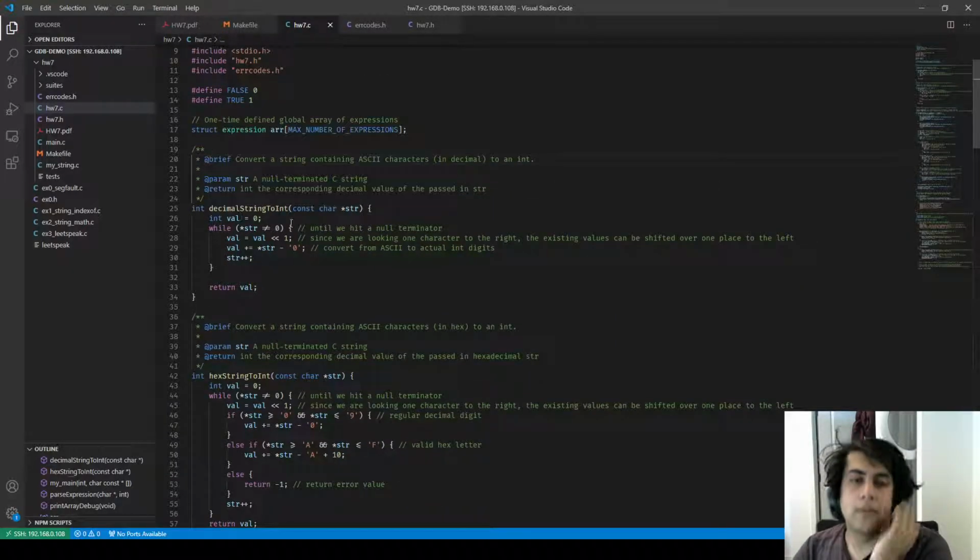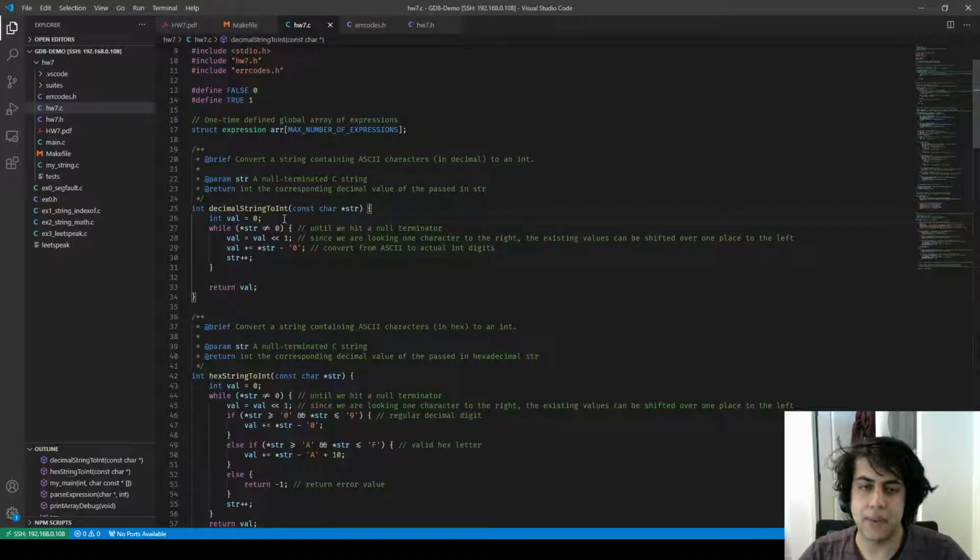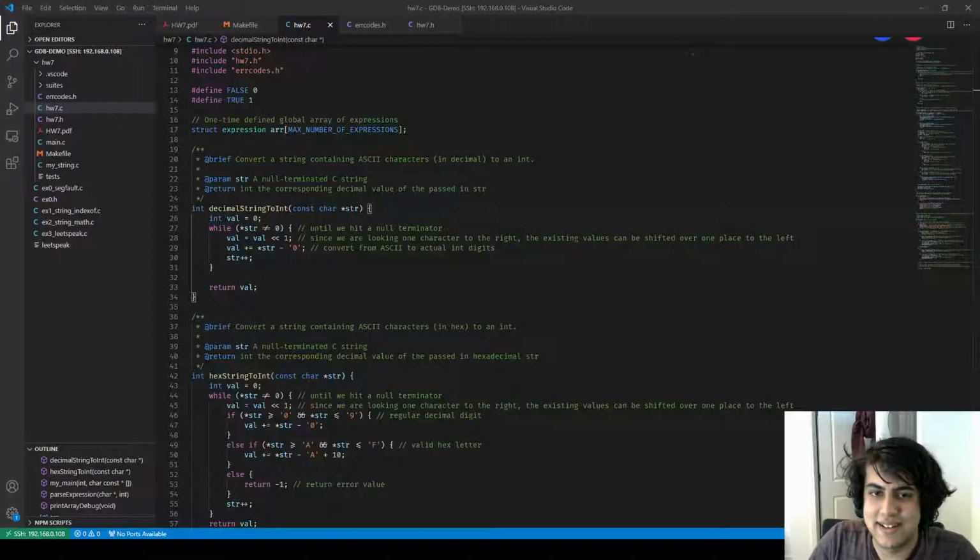So the way this works is that I go left to right through the string. Sorry, I'm gonna figure out my workspace here. Okay, so